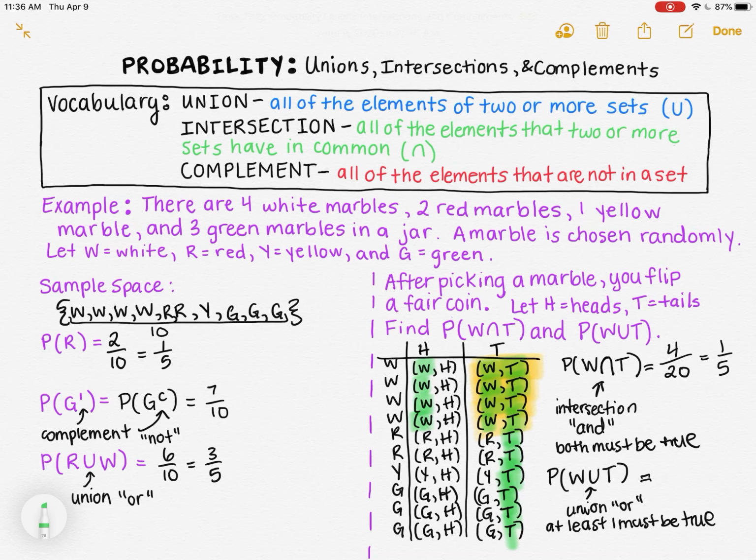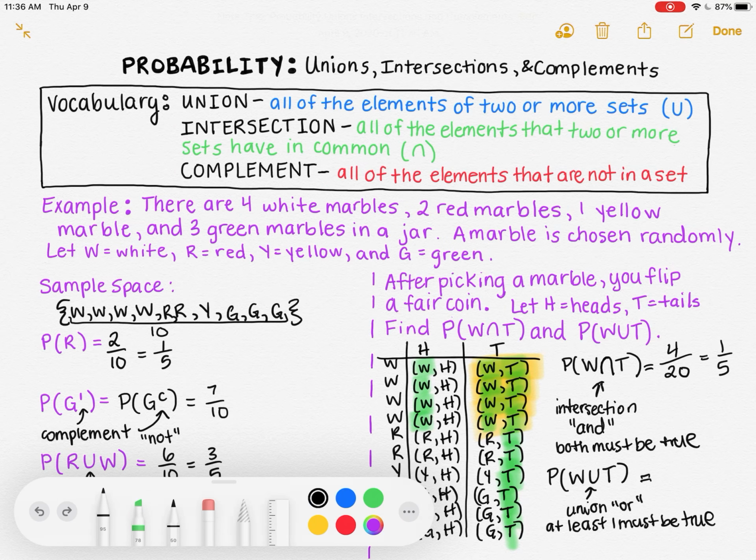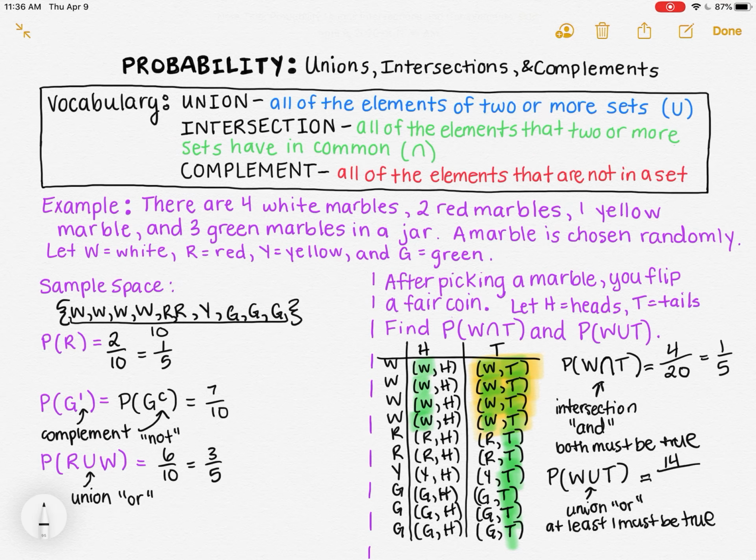I have 14. So I have 10 plus 4, which is 14. So I have 14 different ways I can get either the white marble or the tails out of 20 total possibilities. And I can simplify that to 7/10. All right, I hope